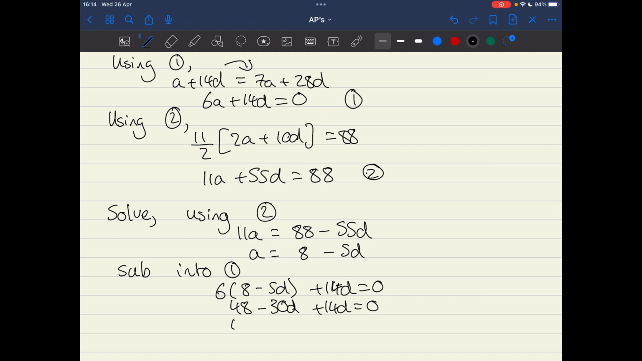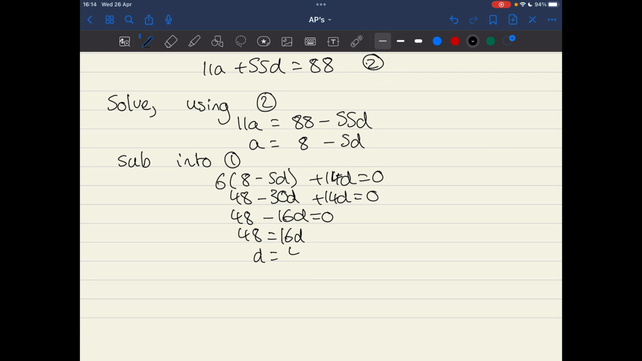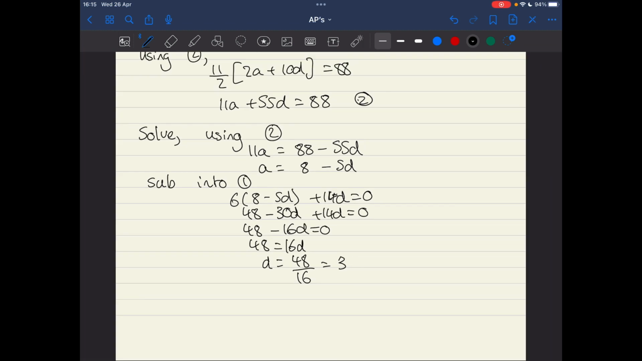So then we got 48 minus 16d equals 0. So 48 equals minus 16d. D is equal to 48 over 16, which is equal to 3. So then we're going to sub back